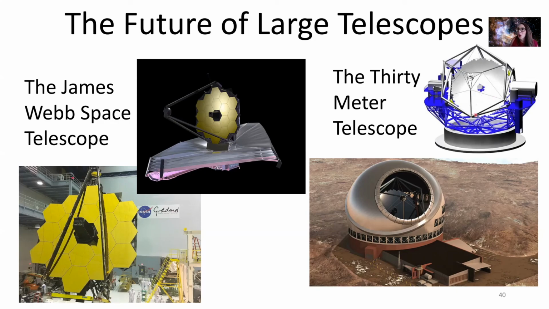And this telescope is called the 30-meter telescope. And as the name suggests, the diameter of this telescope is going to be 30 meters across. You can see it's made up of little segments, kind of like the James Webb Space Telescope is. This telescope is to be built, or it is currently being built, on a mountaintop in Hawaii called Mauna Kea, where there are a lot of other telescopes as well. But